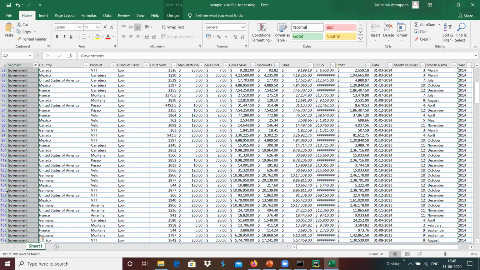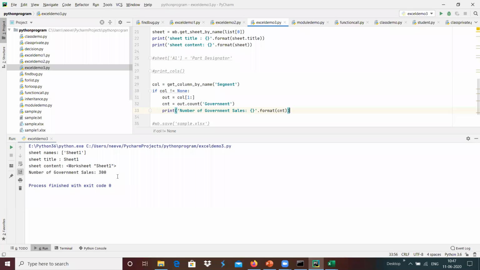Maybe we can see over here 300 of 700 records found. That means our analytics for 300 government sales has been done over this year.